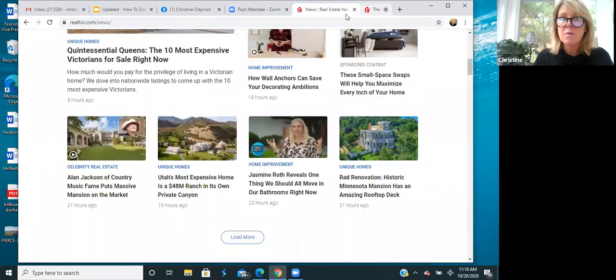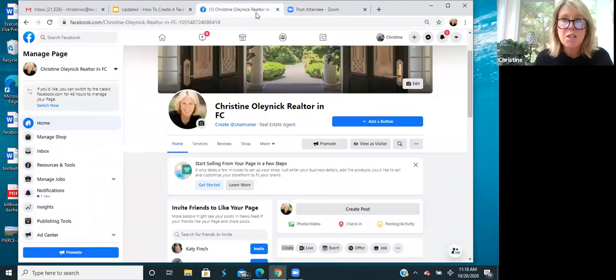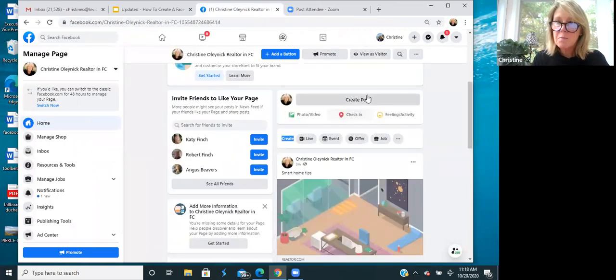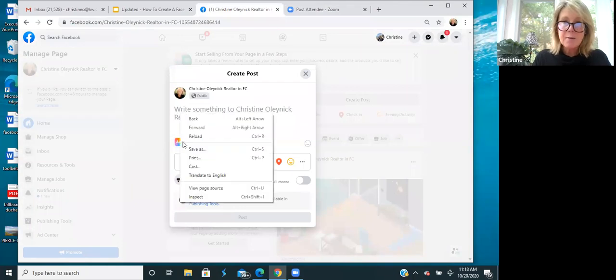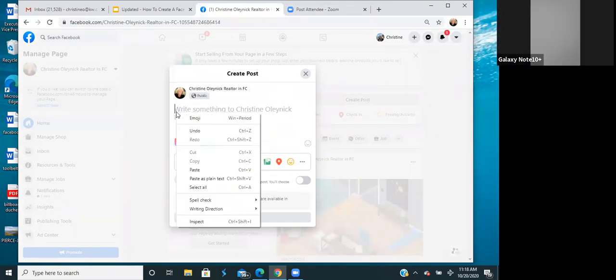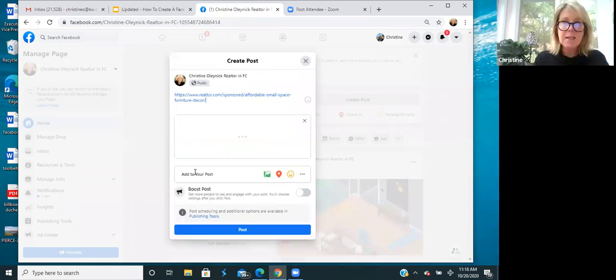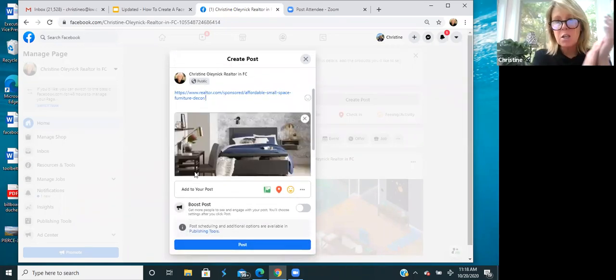Now I've got to X out of it just because my computer is so slow. I'm going to go back here and create a post. I'm going to paste that link and give it a couple seconds. It auto-populated, because you see the image there. So that link has linked to your post.